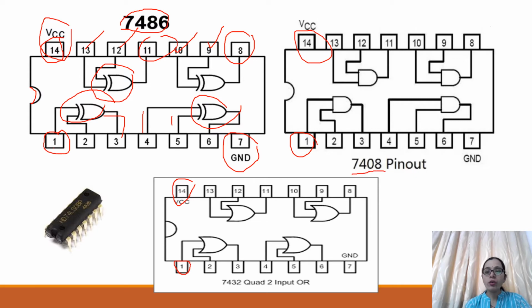For 7408, it is the AND gate. Therefore, how many AND gates are shown here? 4 AND gates are shown and the IC number is 08. And for the OR gate, the IC number is 7432. Therefore, OR gates are shown. Okay, so this is the structure of the IC.